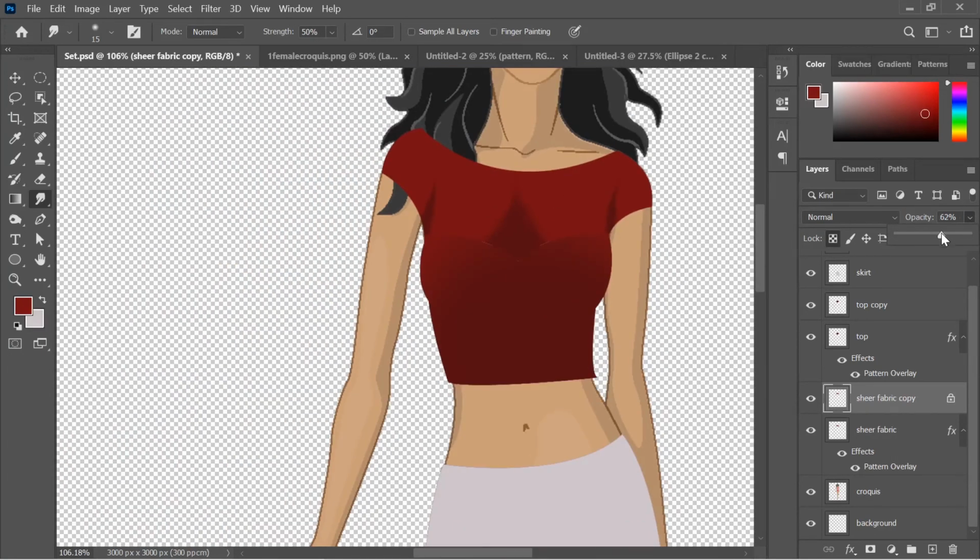Reduce the opacity of this layer so that the shadow can be seen over your sheer layer. Similarly, we will be doing it for every other layer.